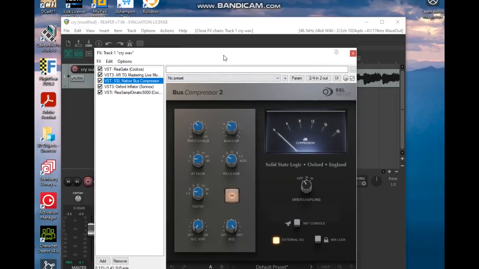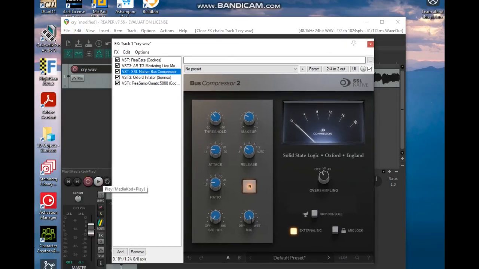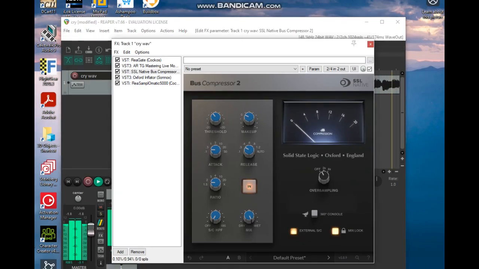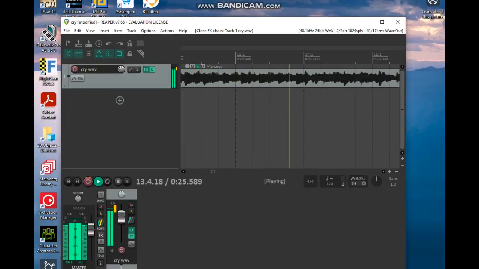And you just push play and make your subtle adjustments. And it automatically applies it.